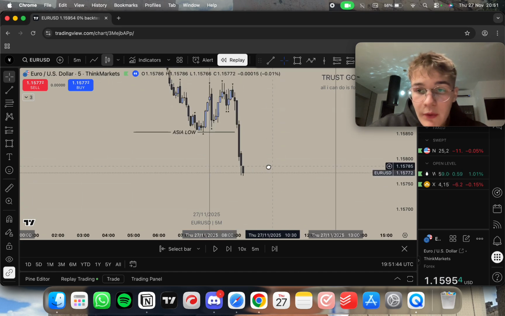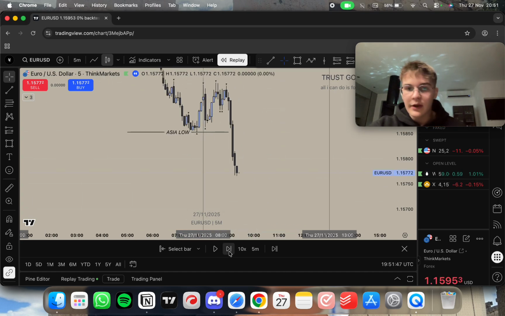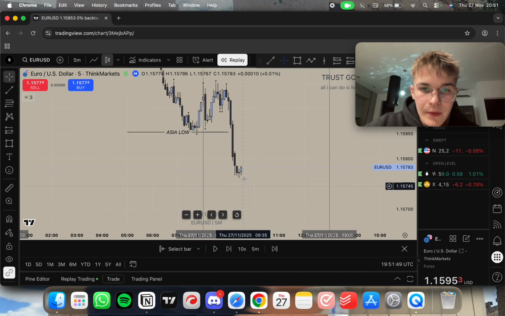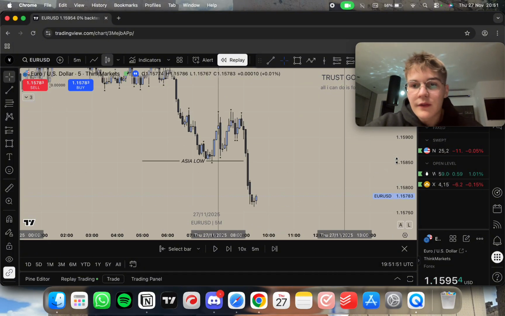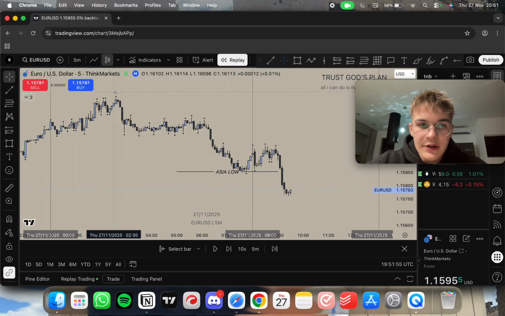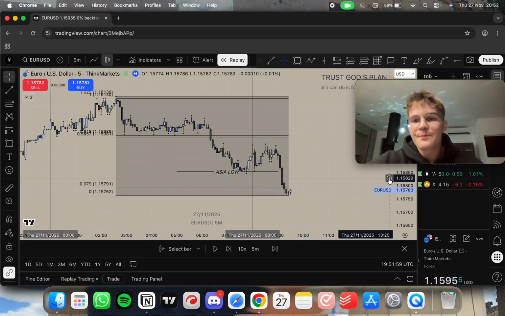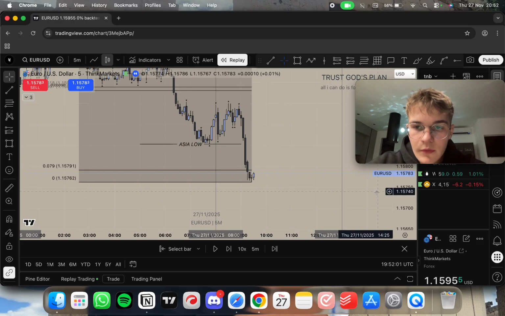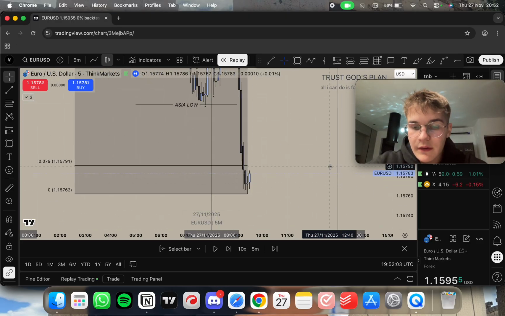Boom. Now we need to wait for a bullish candle to have a fake out zone. Bullish candle happens right there. Now we can pull up the fake out zone. So fake out zone goes from the high of the previous session to the low of the current session. So that's here. Now, in this case, you can see that the first bullish candle is this small one, and